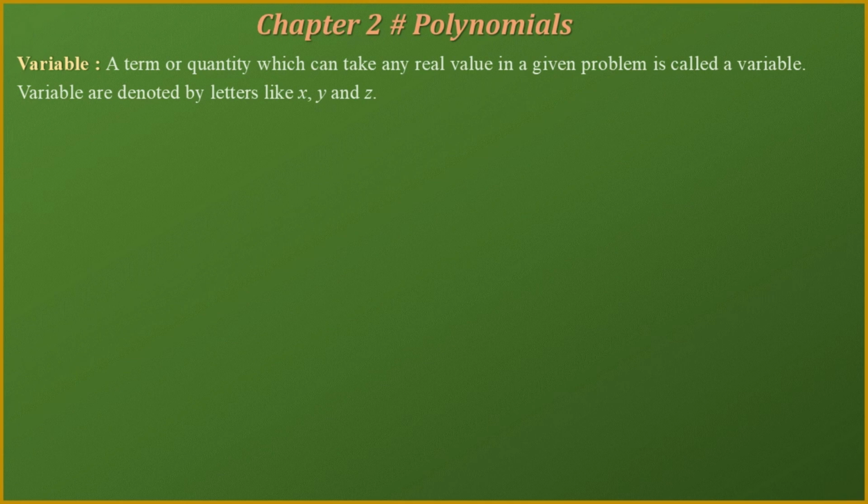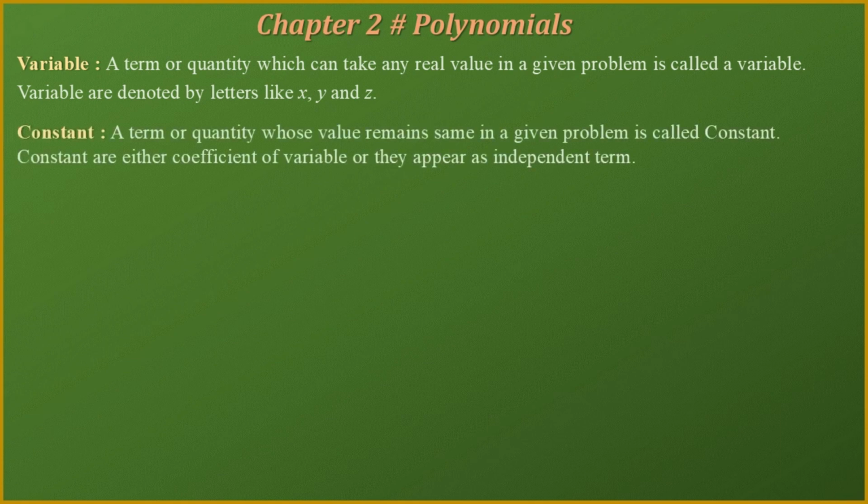For example, in the applications of linear equations which you covered last year, we find the age of a father and the age of his son. The age of the father and the son we normally take in the form of the alphabet x or y. So that x and y, whatever we are considering, is called the variable, which is an unknown value for us.